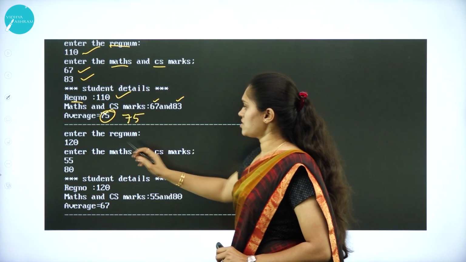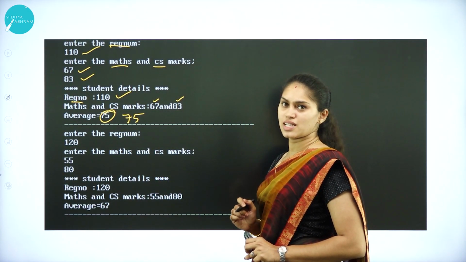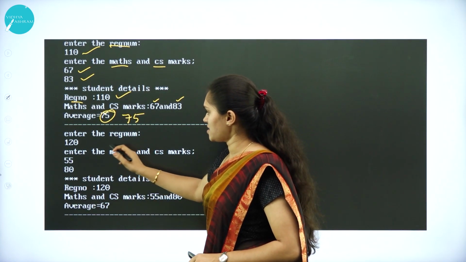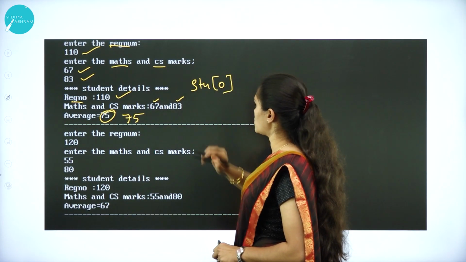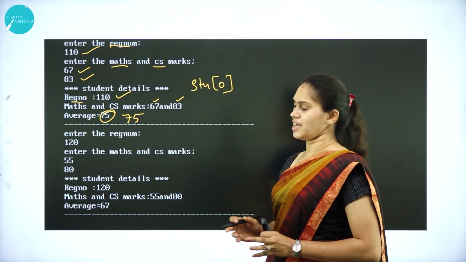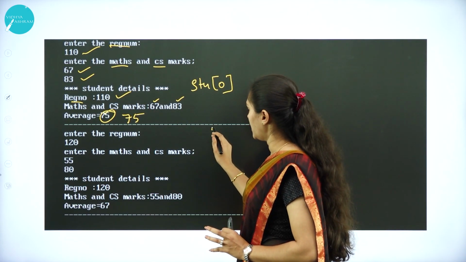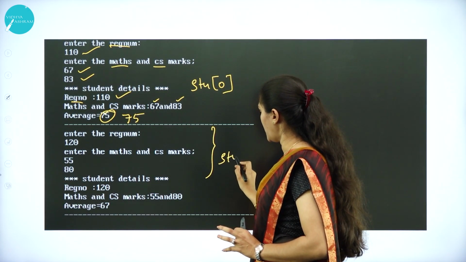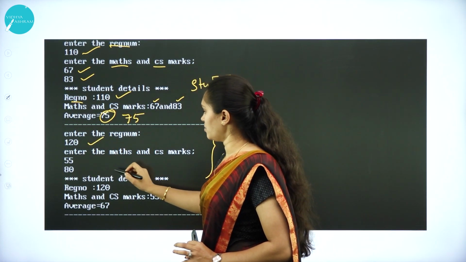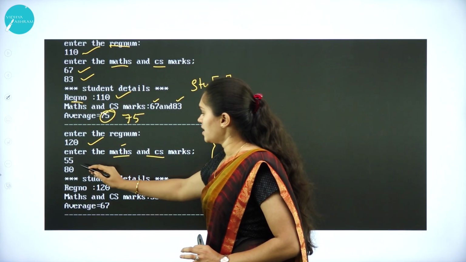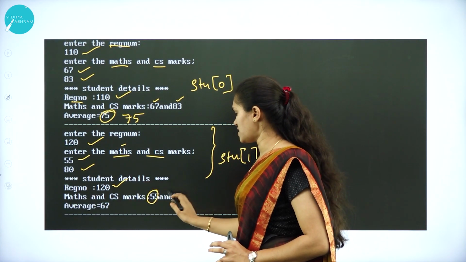Okay, I have used dotted lines in order to separate the two objects here. That's why I have used that line, after entering the register number. So this is regarding the stu[0] value. Whatever data is there at the first index, it stores the first student's details in this one. After this, it stores the output of stu[1]. In this also I can store the register number and the maths and CS marks, that is 55 and 80. It will display the register number as well as the CS and maths marks.